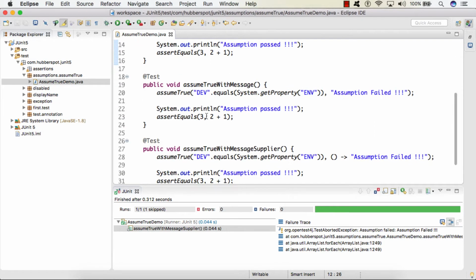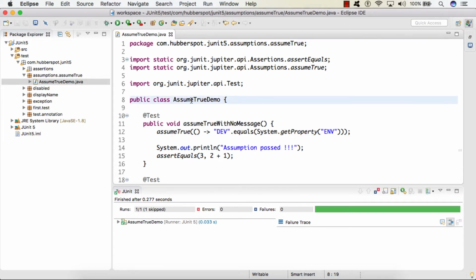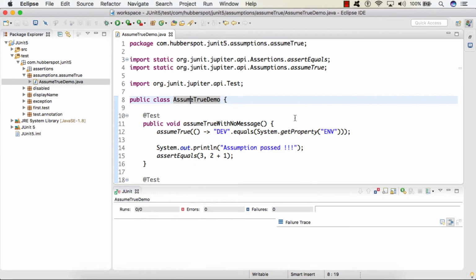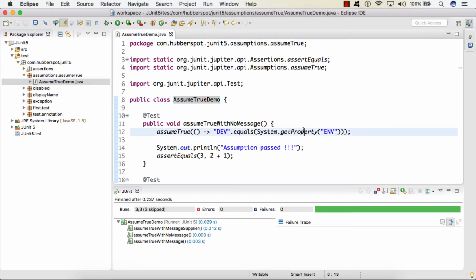So I'll simply change the syntax and apply the lambda expression like this in all the 3 test cases. So if I run all the 3 test cases now, you can see all the 3 test cases got skipped because it didn't find any system property by name env and whose value is dev.